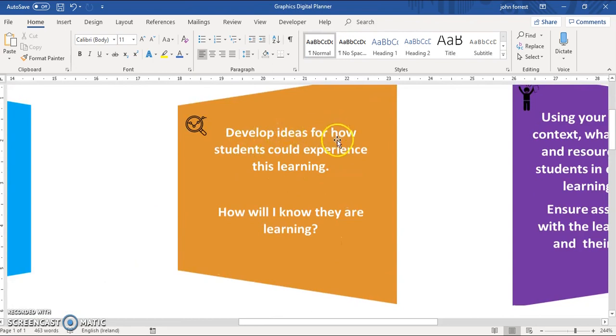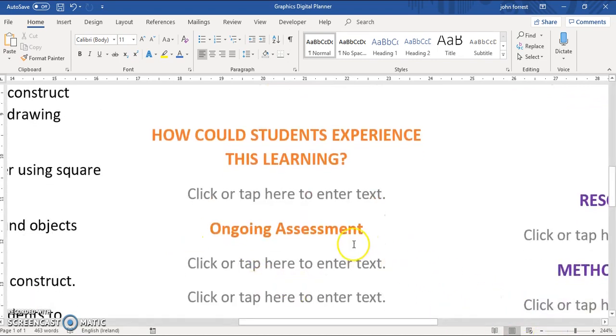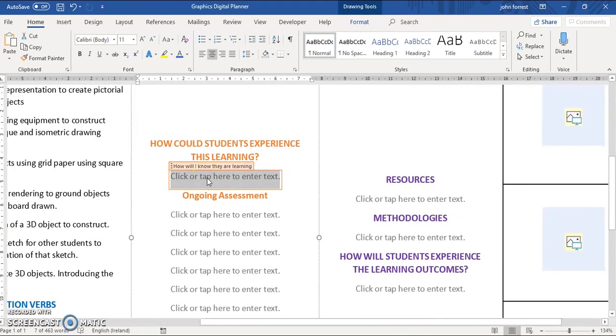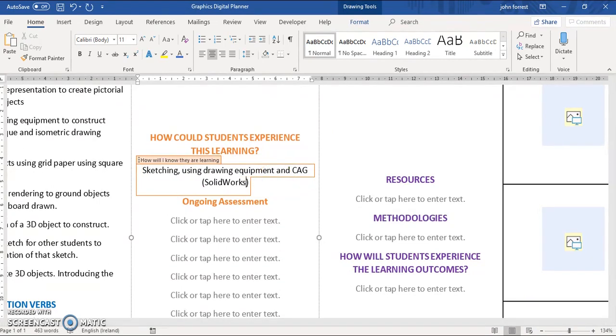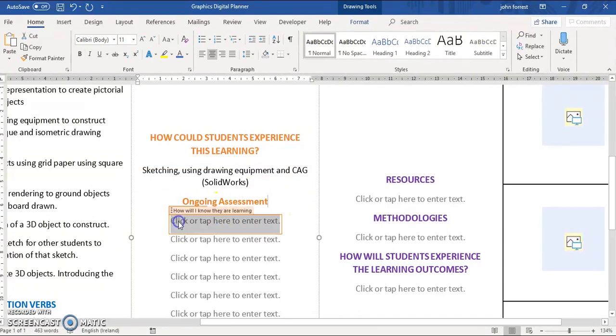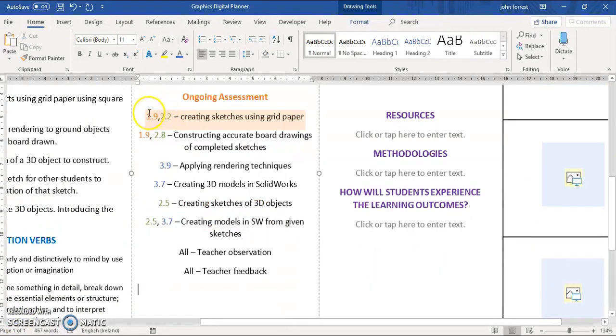This next step looks at developing ideas for how students could experience this learning and how will I know they are learning. How students could experience learning is by sketching, using drawing equipment, and using CAG, in this case SolidWorks. The next part is how will I know they are learning, which is ongoing assessment. Here the number indicates the learning outcome, as seen in the previous section, and the writing indicates how these learning